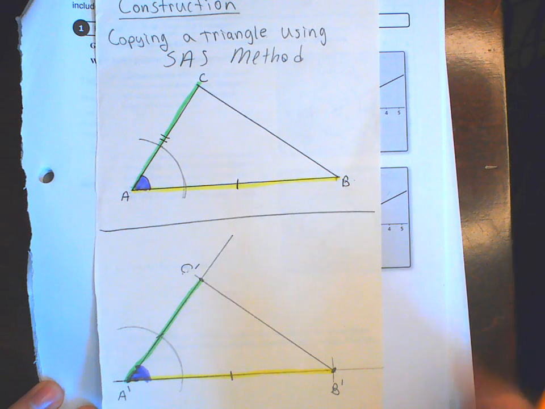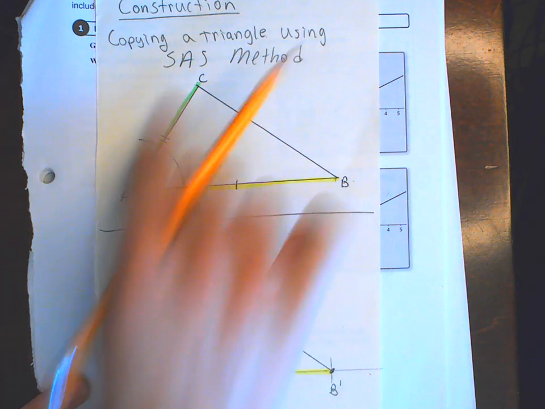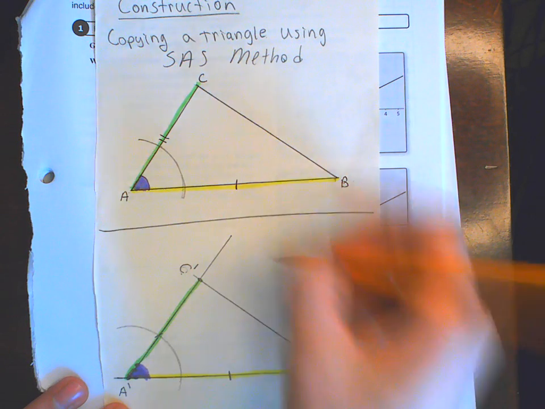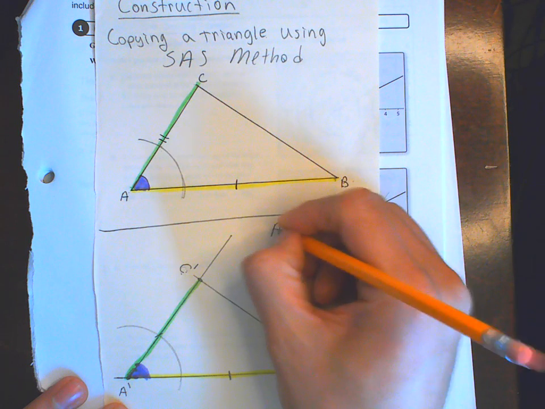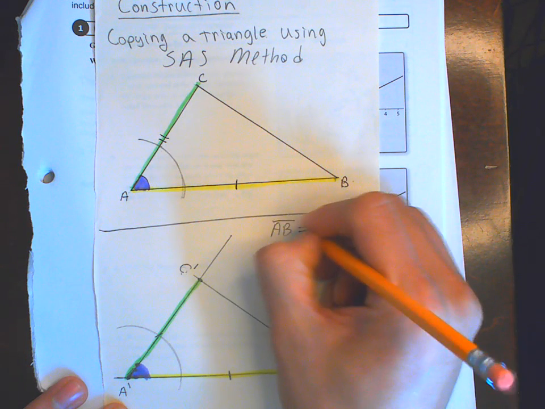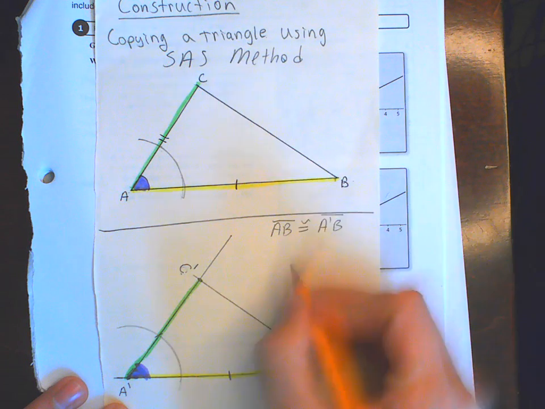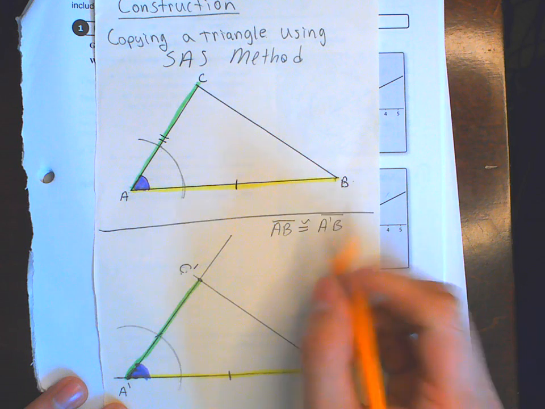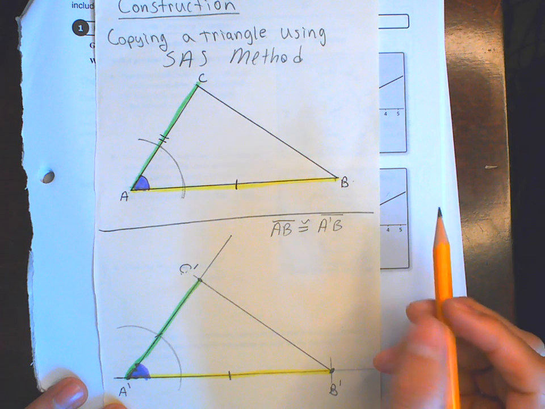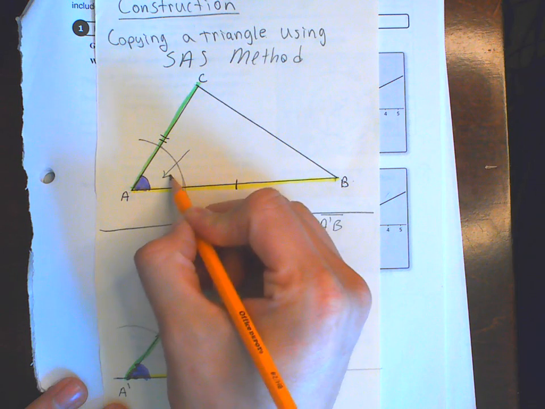Now, the only thing that we made sure was congruent were a pair of sides and an angle. Okay, so here's what we had. We had AB congruent to A prime, B prime, and we also had an included angle. Here's a big word, included. Okay, this angle here is considered to be an